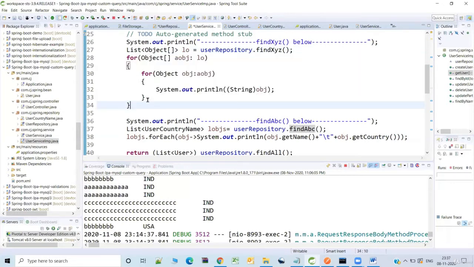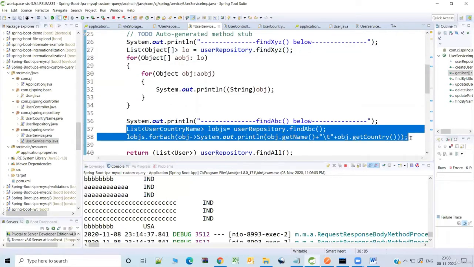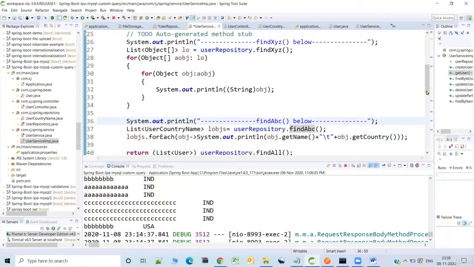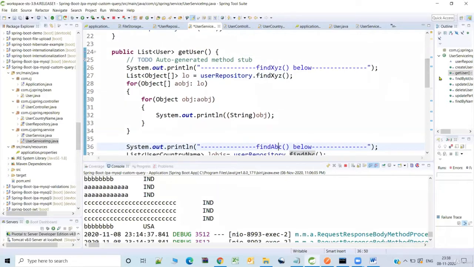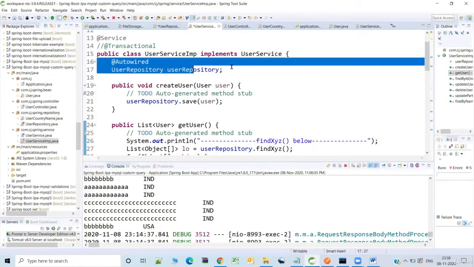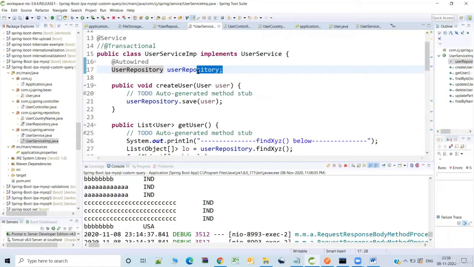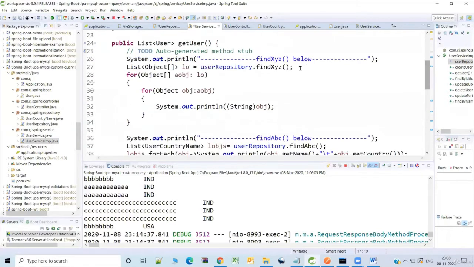Here I'm using the enhanced for loop to iterate and print, and here we are using the forEach. And this get user is being invoked from the REST controller, but even before going there, we are getting the instance, or the bean, of the user repository by autowiring. So all the additional functionality which is being provided is available in this user repository, which I'm trying to refer to here.